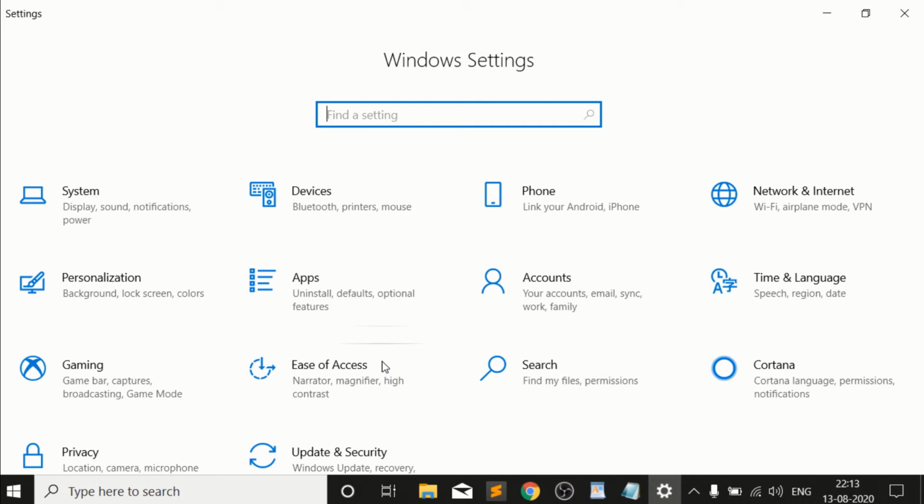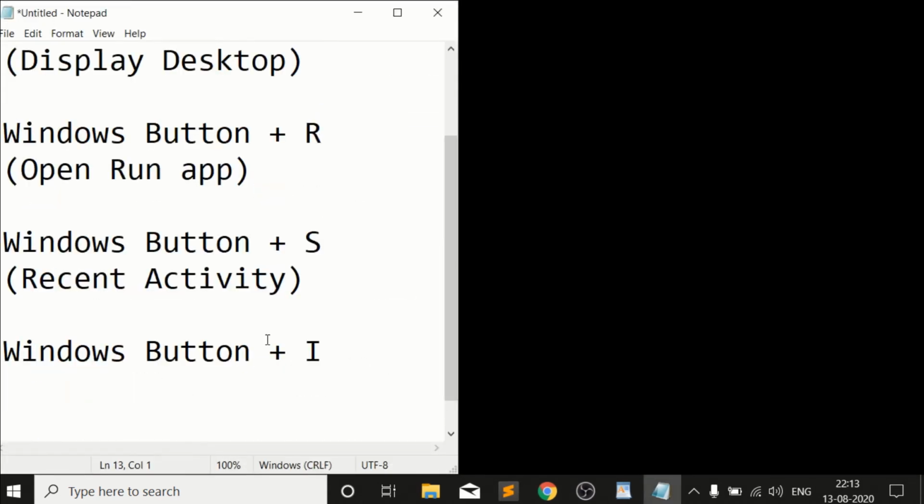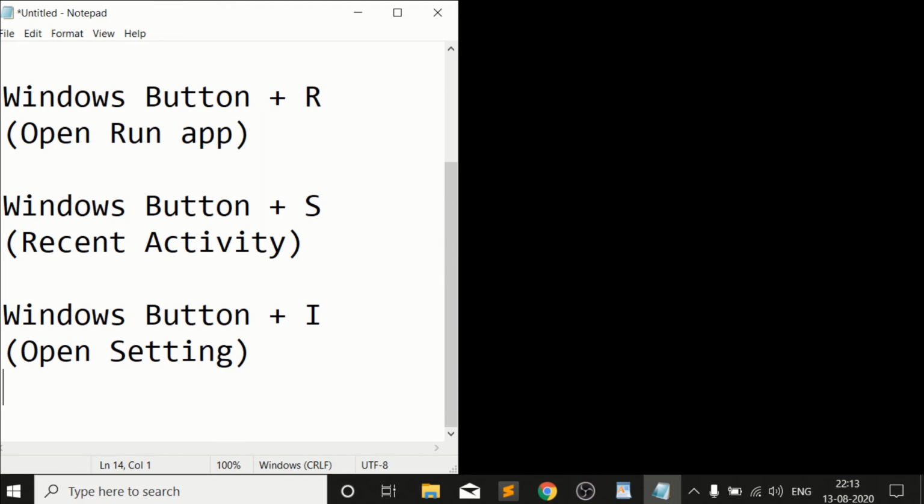You just press Windows plus I and you can directly go into your settings. You can add any program, remove any program, and change the settings of account, time, anything. Every setting is available here. So you can go directly to Settings using the Windows plus I button.